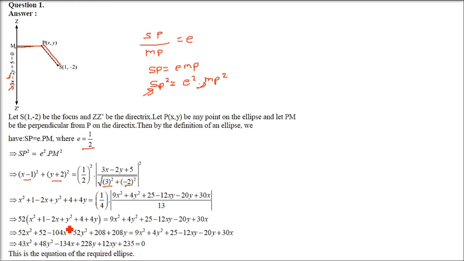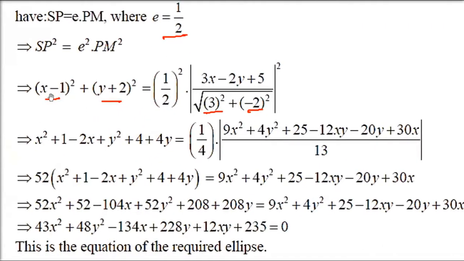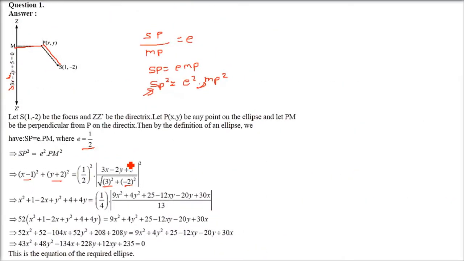So you need to open the left hand side and right hand side, and this will take some time. So let me explain here. This is a plus b or a minus b whole square. Similarly on the right hand side also we will do the same thing. You have this half square is 1 by 4, multiply 4 on the left hand side. 3x minus 2y plus 5 has to be approached in 2 steps. Either you take 3x minus 2y as one term and 5 as another term, square it. You can do this, a and b.